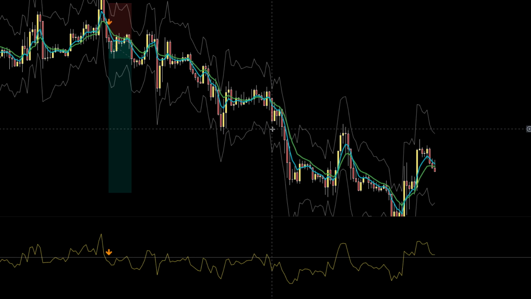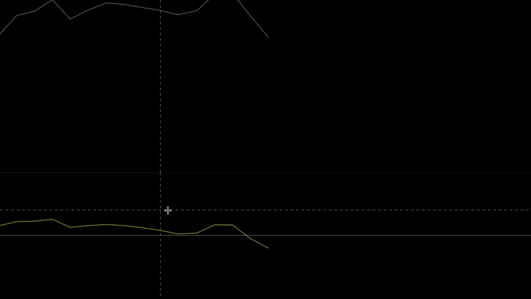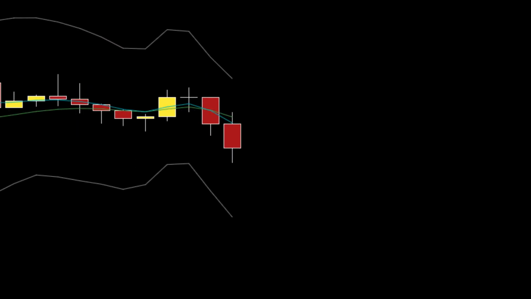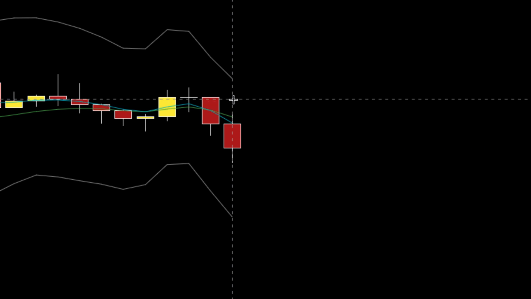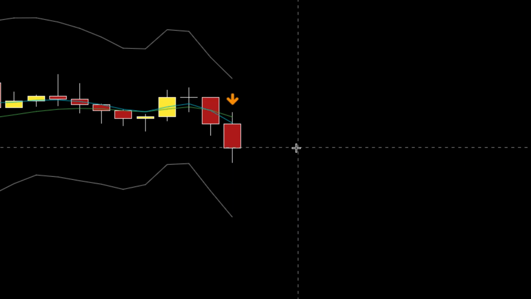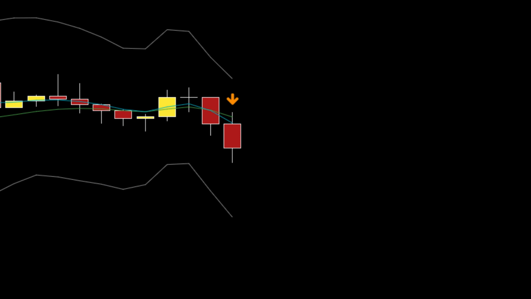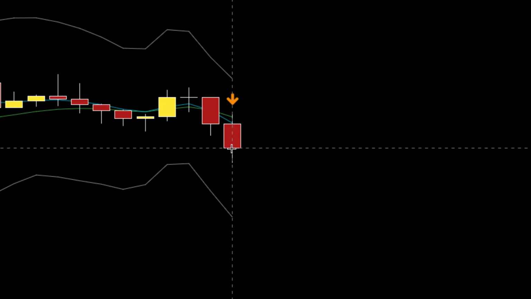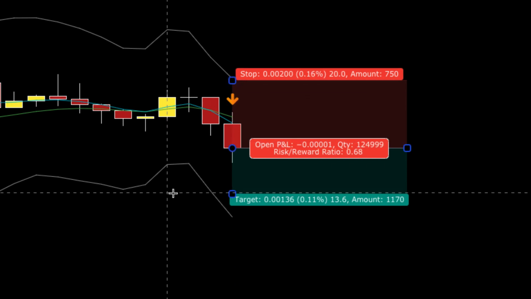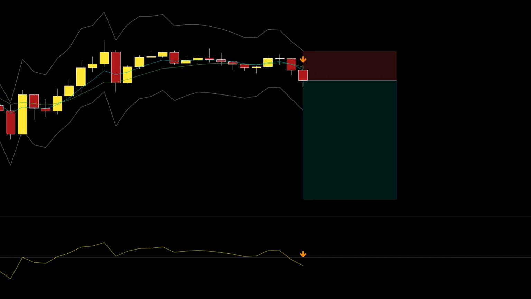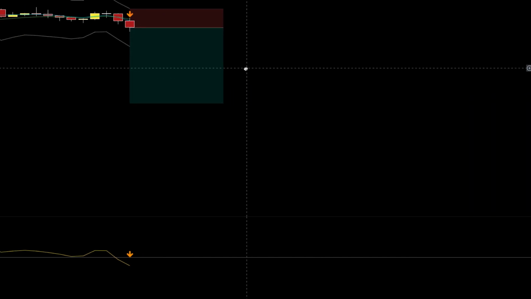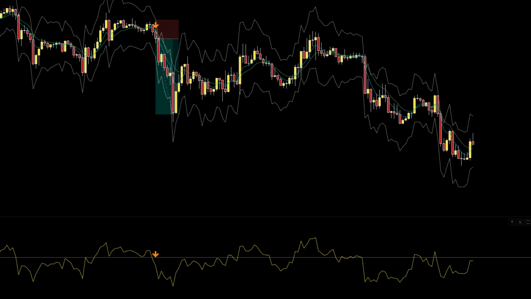So let's do one more short example. So again, we have the RSI moving below the 50 line, and we have a cross down of the 5 EMA below the 10 EMA, and this is our trigger candle right here. So we are going to enter at the close of this candle, put our stop at 2 times ATR, and target 4 to 1 again. And let us see how this plays out. And that one is another winner.